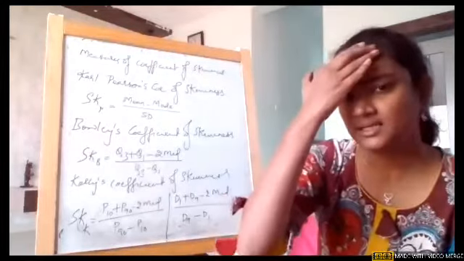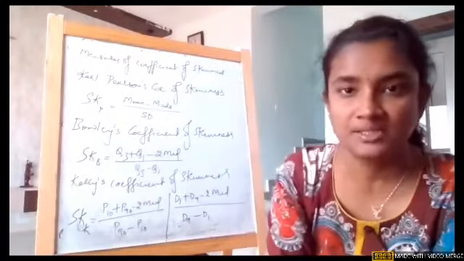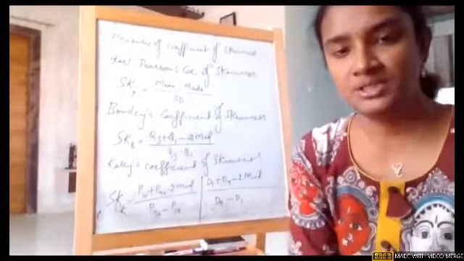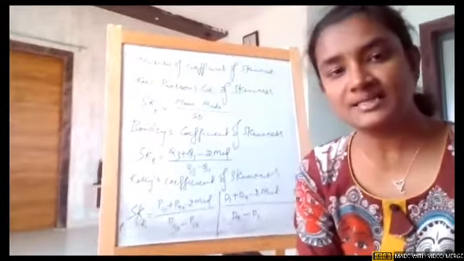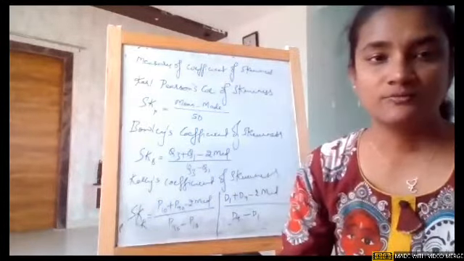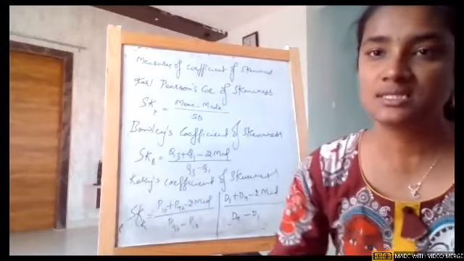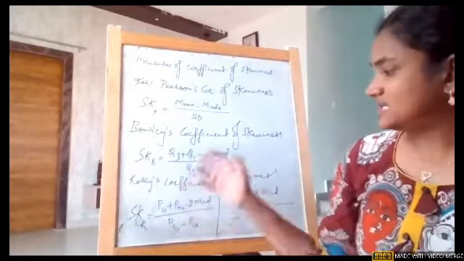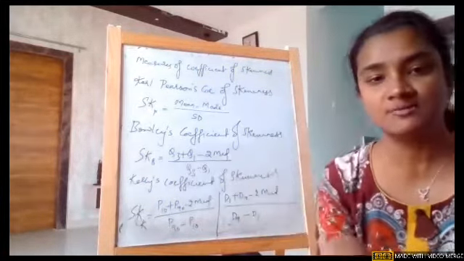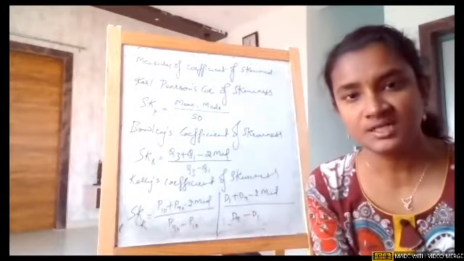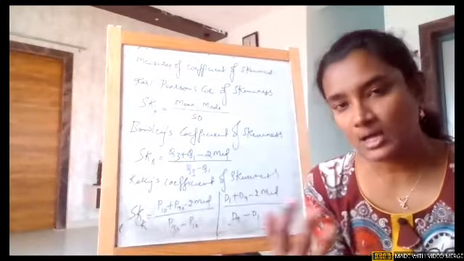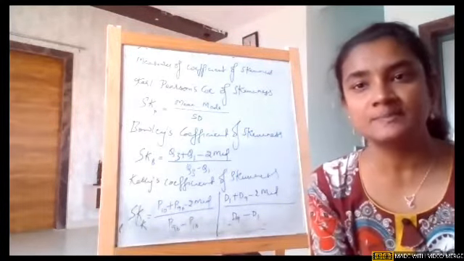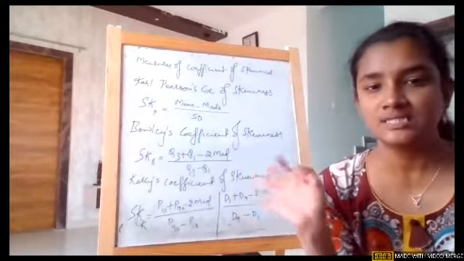Okay, as I mentioned earlier, today we will be discussing measures of coefficient of skewness. So these are also dispersions from the actual value. Fine. So if you see, there are three measures of skewness. These problems you can expect in the exam, because if you look at the formula, they cover the entire syllabus we studied till now, like mean, median, mode, as well as measures of dispersion like standard deviation, quartiles and percentiles.